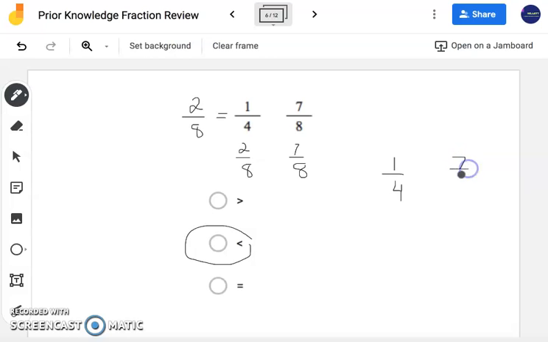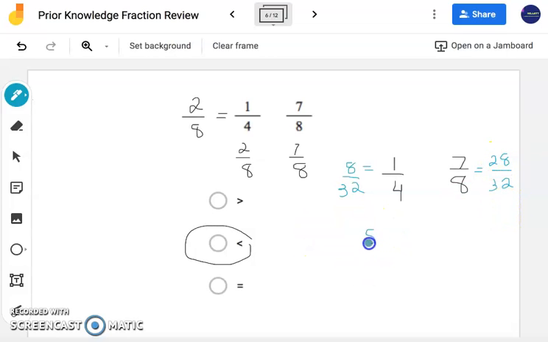So the first thing I'm going to do here is, let's change this color so we can see it a little bit better. I'm going to first multiply what is across from one another. 1 times 8, which happens to be 8. And 7 times 4, which happens to be 28. But notice here we only have my numerators. Now I need to figure out my denominator. And I'm going to take my two denominators here, which happens to be 4 and 8, and multiply them. 4 times 8 is 32, giving me a new fraction of 8/32. And 8 times 4 happens to be 32 again here,